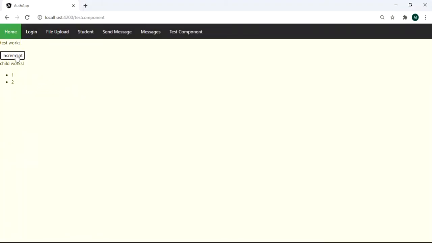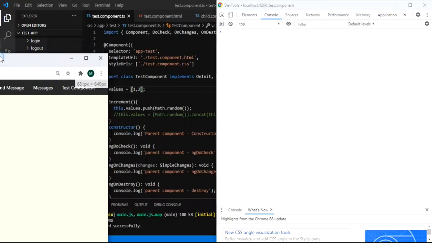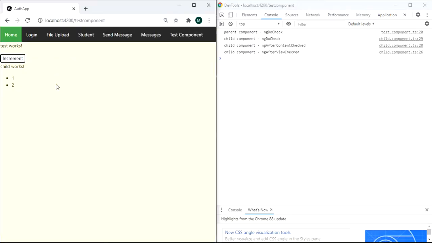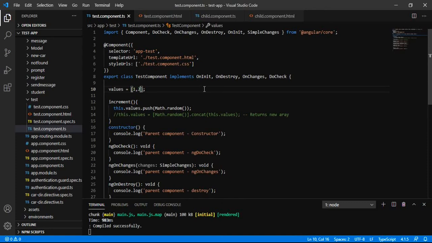First time it is reflecting, but when we are clicking it is not updating the new values that are getting added, because we have mutated the object with OnPush, and we have to pass the new reference of the array in order to get the value reflected over here. So we have used the OnPush strategy. The value is getting updated in ngOnChanges only the first time, but next time it requires the reference to be updated. But here we are adding the values, not updating the reference.